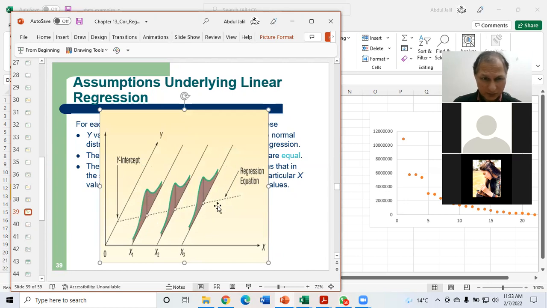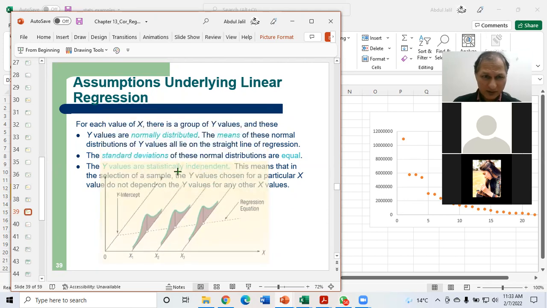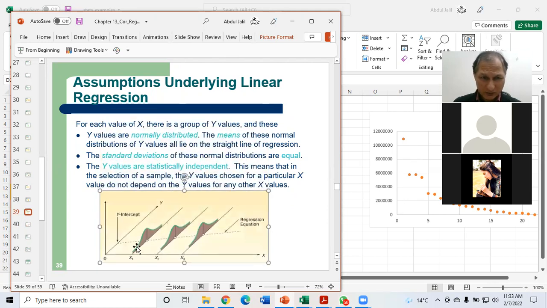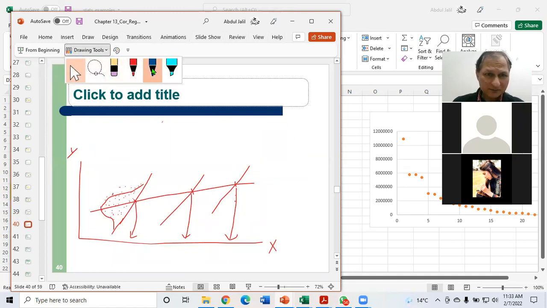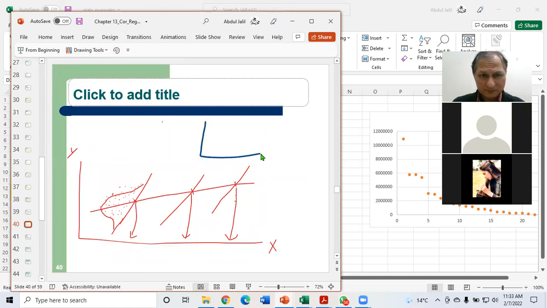Whenever you pick this line, it means most of the data values are lying across this average line, and it is normally distributed. That is the condition, just like I have shown. So let's suppose, for your convenience, I draw a small diagram, and this is the regression line.